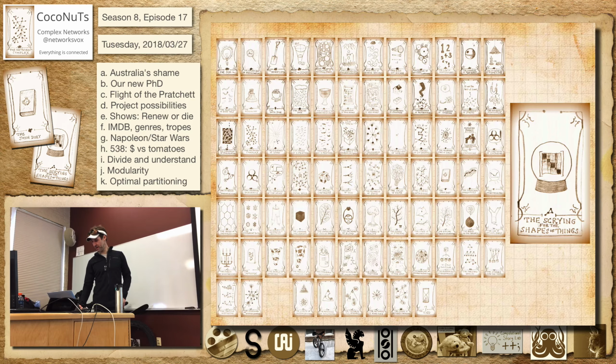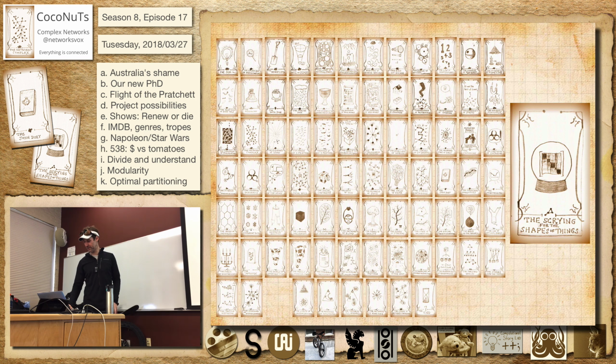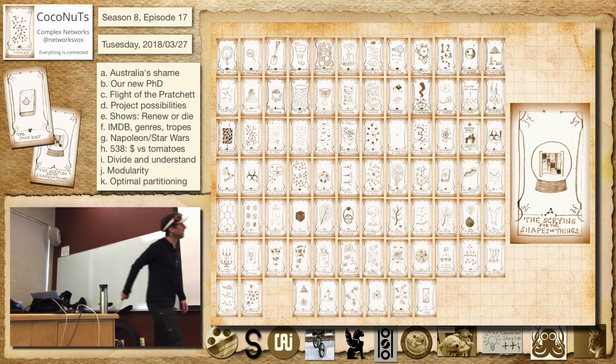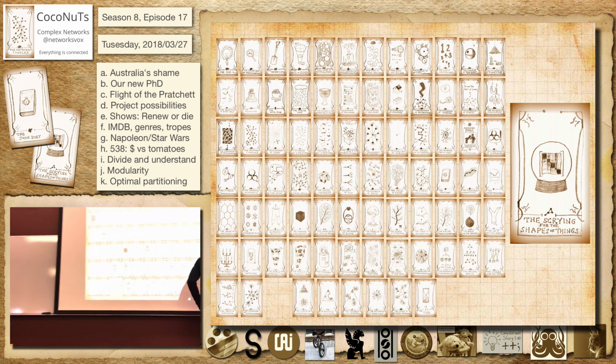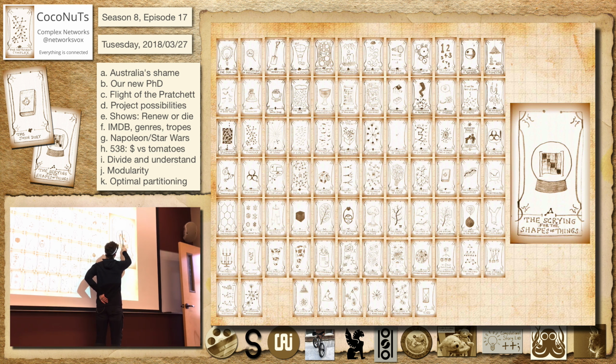So we're going to tell you a little bit more about structure detection. This is a tour of things, is where we're going. So we're trying to find these shapes. And often what we're trying to do is we've got some adjacency matrix for our